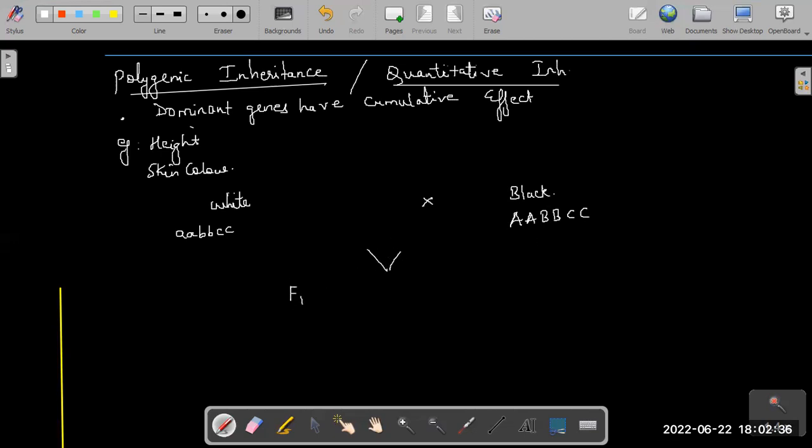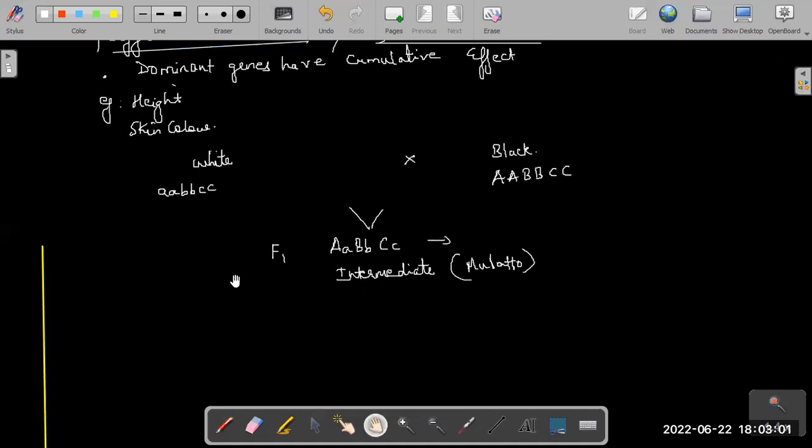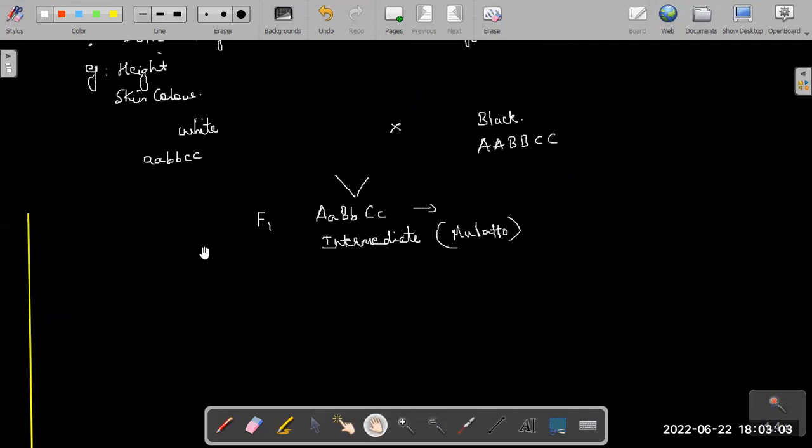In F1, what I end up getting is the heterozygous condition. Now what do you end up getting for the heterozygous condition? This is an intermediate color, and these intermediates are called mulattoes. That's a mulatto, an intermediate color. So when you do such a tri-hybrid cross, your phenotypes will be